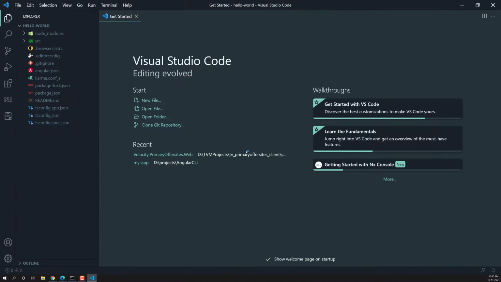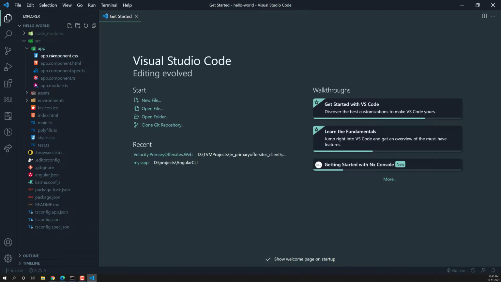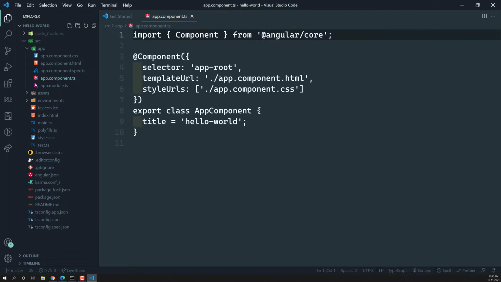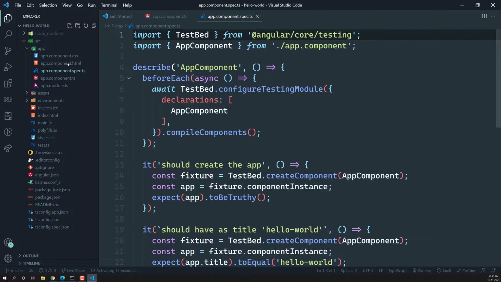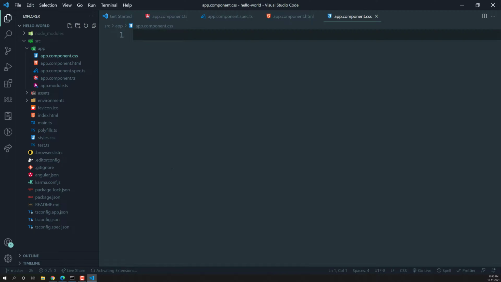Now if you look here, these are the list of files, right? This is the source folder. This is the place where all our project files will be placed, and we will be doing most of the coding in this folder only. Here you will have an app folder. In this app folder, you'll see one component, that is the app component. The app component consists of 4 files: the TS file where we will write the logic, a spec file where we will write the unit tests, the HTML file which is the HTML template, and the CSS file where we will write the styles. So these 4 files comprise the component. Now this is the app component and this is the module.